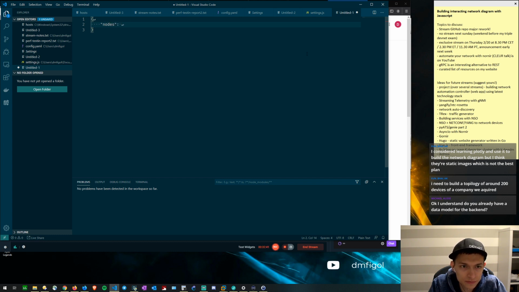If you're using JSON, yes, and then every node will have a name. Let's do something like this. And then you will have links. This is going to be a list of objects where you will have something like